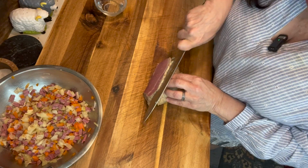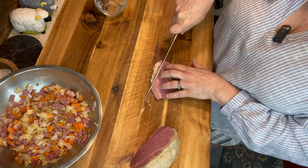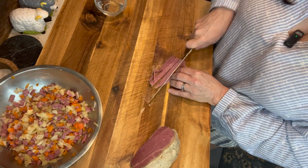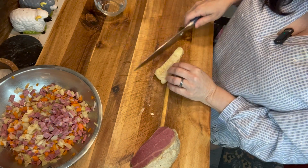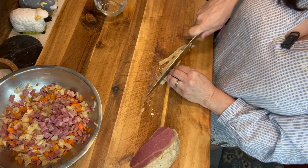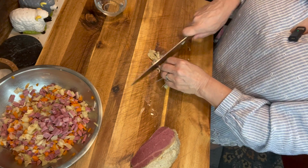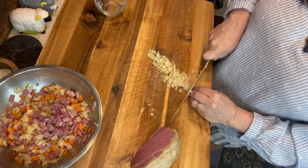So as thin as you can, slice your corned beef, and you can remove that bit of fat there. And then you want to very, very finely dice your corned beef. And then your cabbage, you want to do the exact same, finely diced. I did some carrots as well. I decided I didn't want to do the potatoes, but if you want to do the potatoes, you absolutely can. And I just finely diced that